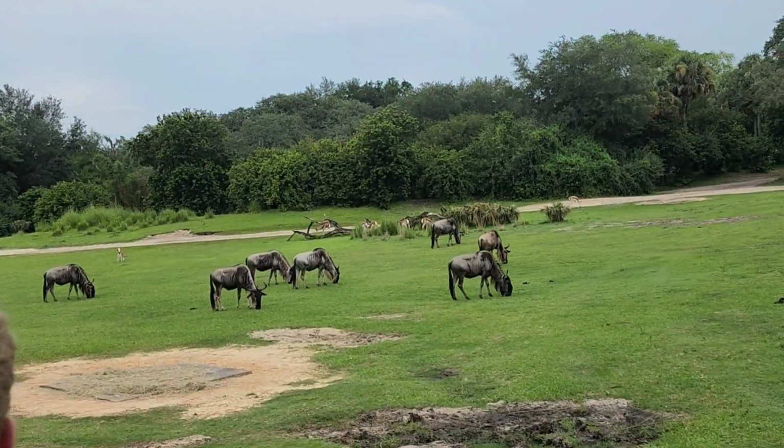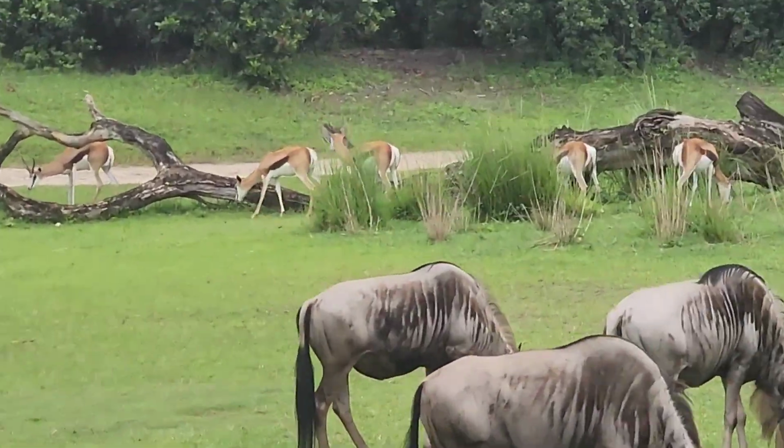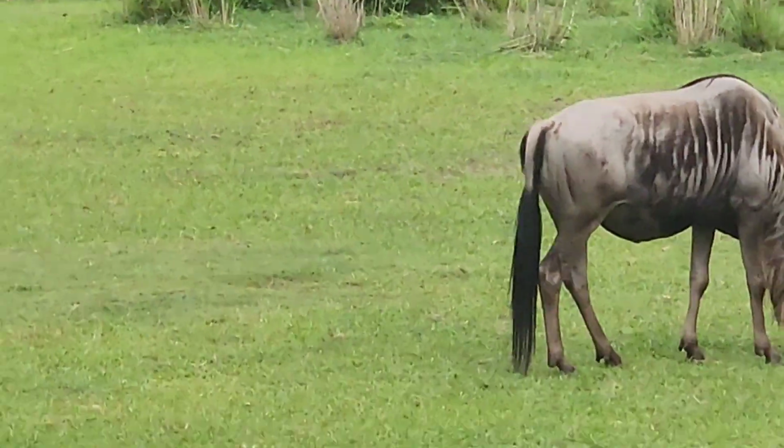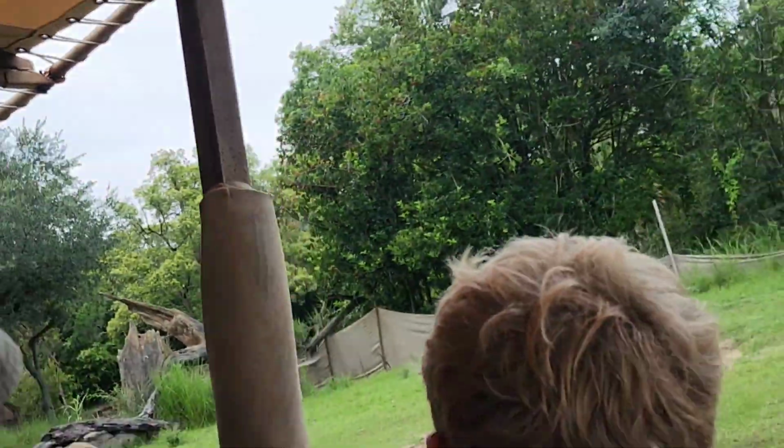Pretty far when they're migrating at around 500 to 1,000 miles just to find food and water. Now when they migrate, they'll travel in large groups of over 1.5 2 million animals coming at you. Trampled. Now up ahead, I see a tree that's been knocked over, so that tells me that we're headed into the...